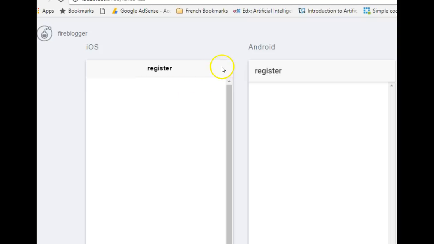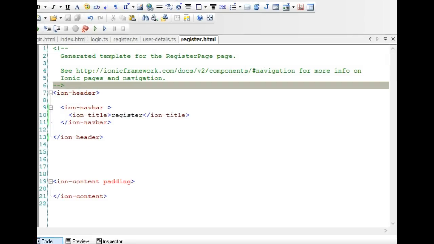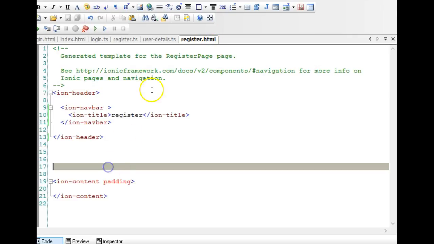What we have to do is add an icon, a button that will close this. In case we don't want to register again, we can just click on it, or we can have a button here that does the same thing. So what we'll do on our register.html page,